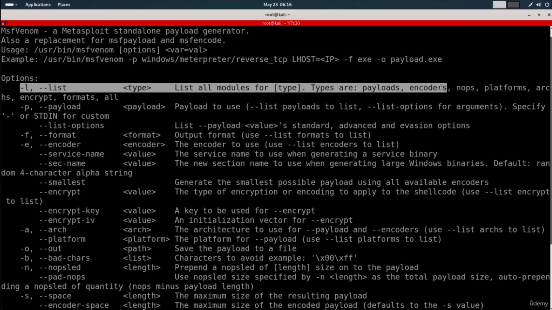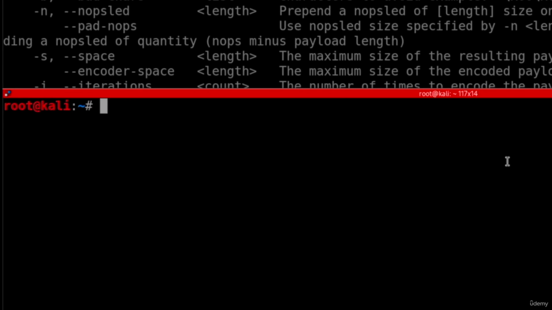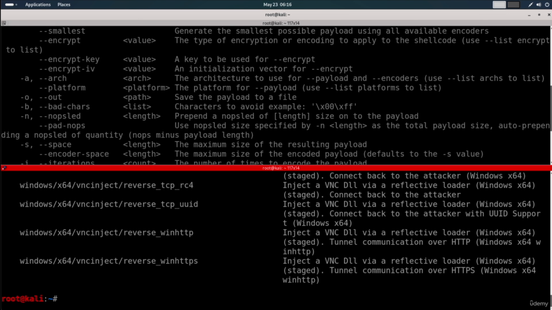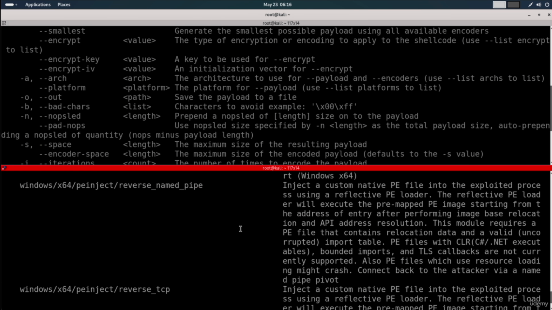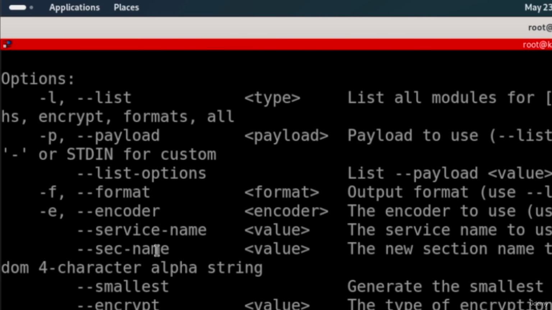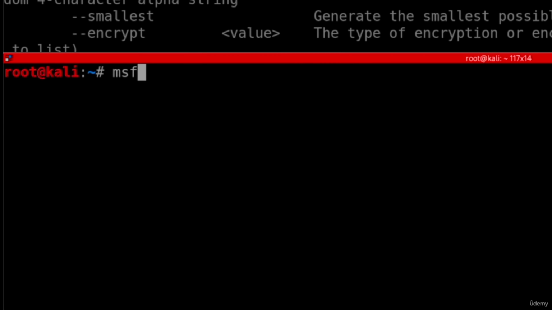So I'm actually gonna split the screen and we're just gonna run it quickly. We're gonna do msfvenom --list payloads in order to get a list of all of the payloads that we can use. And we saw previously that we got a really big list of payloads. So once you find a payload that you like and that you'd want to use, we can go ahead, and if we look at the help menu in here, you'll see that we can select the payload using the -p or --payload option. So I'm going to go ahead and do msfvenom again, and I'm going to do --payload